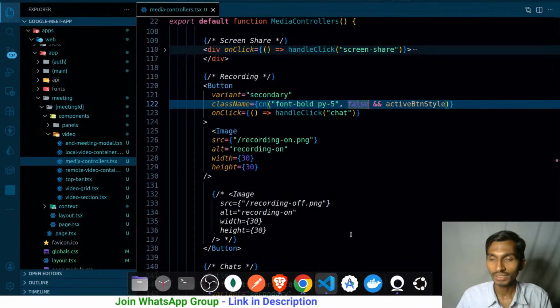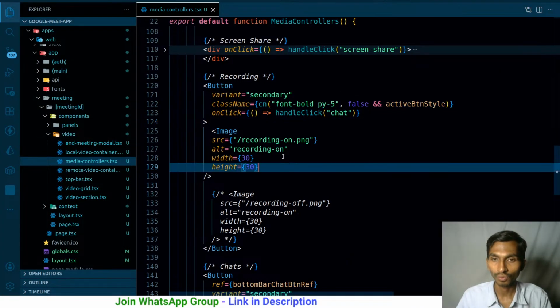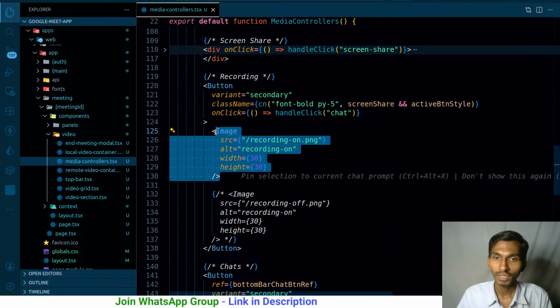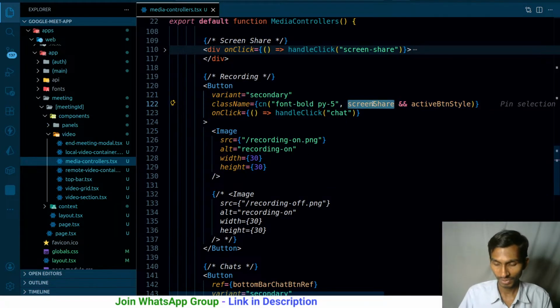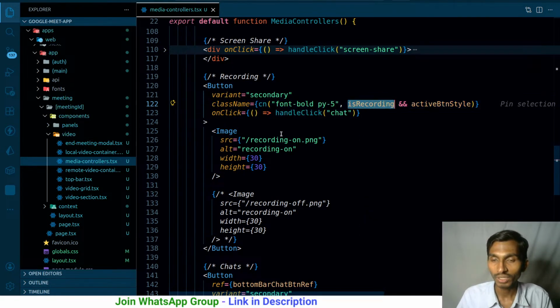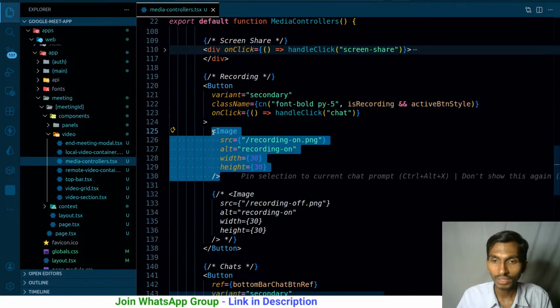What is the next thing? The next thing is that, let me make it false for now, or to be precise, screen share, right? So if the value of screen share is true, screen share, sorry, not really, is recording. If is recording is true, then active button style, and if I'm recording, then what do I have to show?